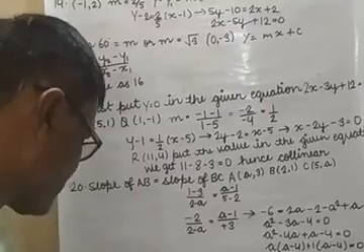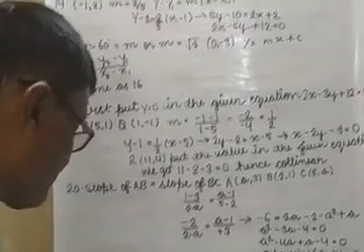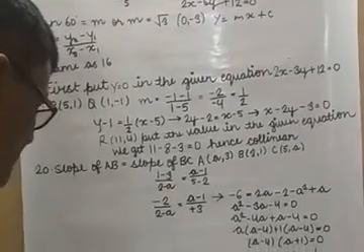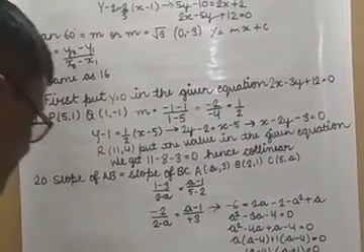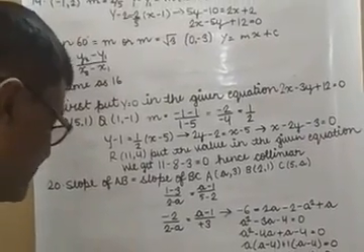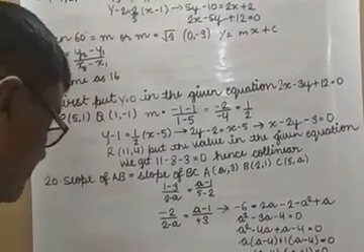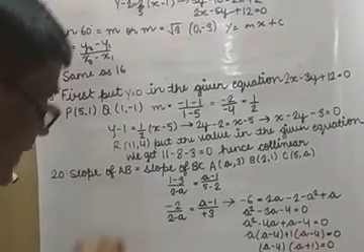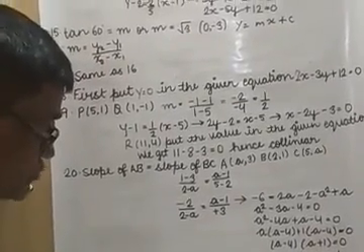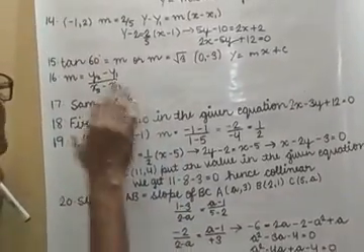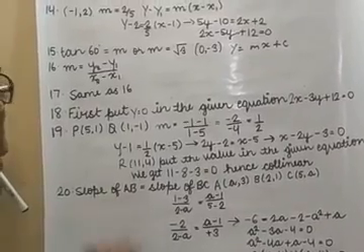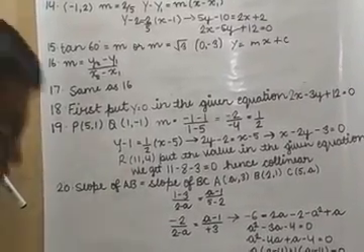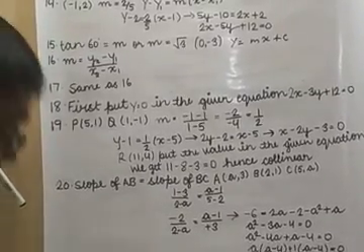Again if you see, there are 2 points given, 0 comma 4 and 3 comma 7. The gradient you have to find means you have to find the slope of EF. Equation of EF, you know the coordinates of EF, you have already calculated the slope, so you can use it. But be careful while calculating the slope. If you have taken the first point as x1 y1, then those x1, y1 are to be used when you form the equation.